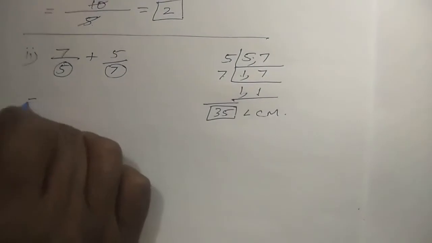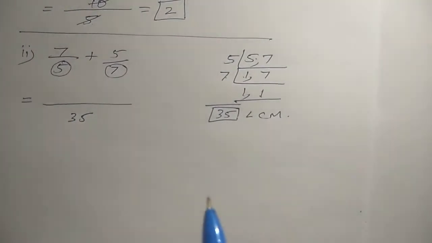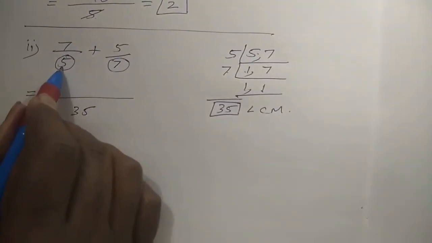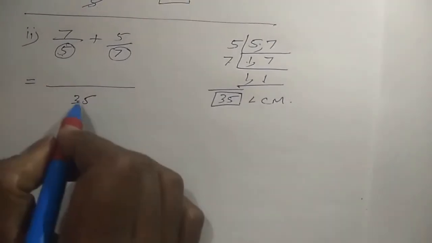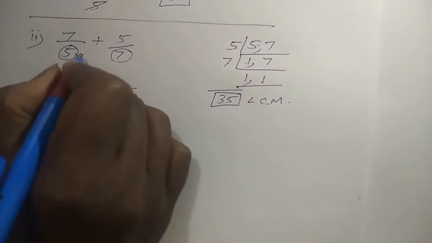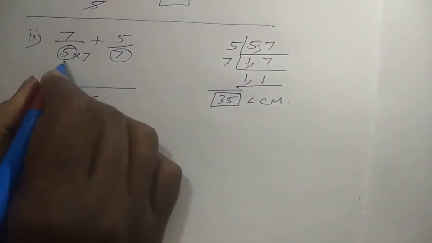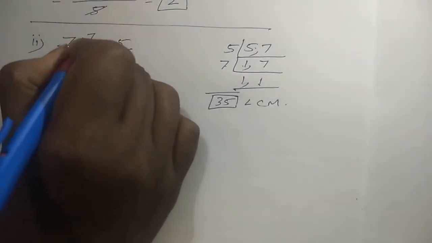So straight away we write the denominator as 35, correct? We already have a denominator of 5 here, so we have to multiply by some value so that we get 35. We multiply this term with 7, since 5 7s are 35. If we multiply by 7 in the denominator, we have to multiply in the numerator also.